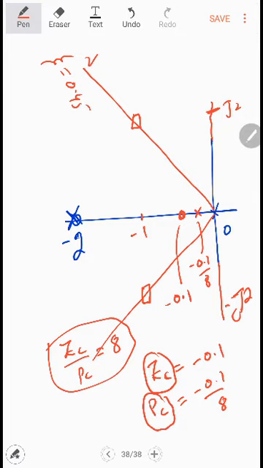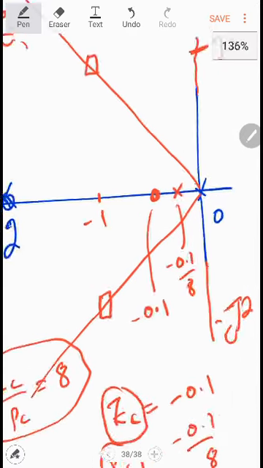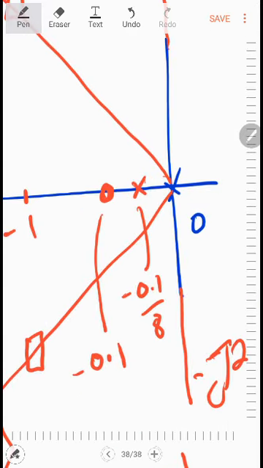So in this case, what should be the root locus? Now everything is clear, so let me plot the root locus over here. You see that we have one pole over here and another over here. From the odd number of pole, the branch will be toward the left of the pole, and from the even number of pole, the branch will be toward the right of the pole.